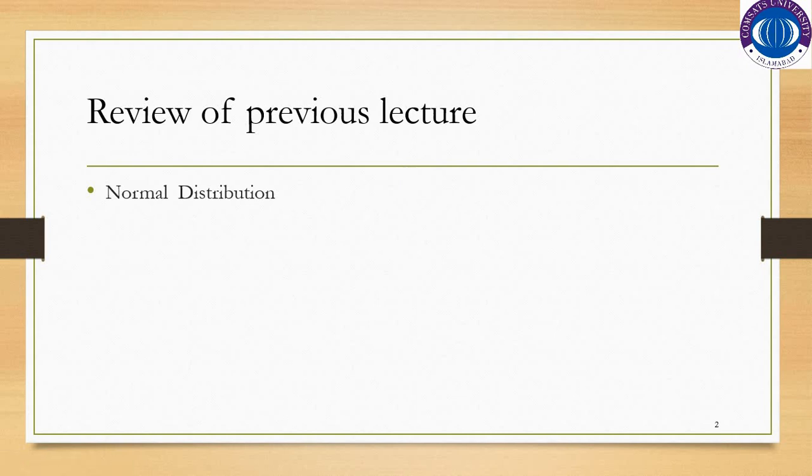In previous lectures, we have studied normal distribution. Normal is a continuous probability distribution. We have studied its properties, its features, and we have seen the curve of the normal distribution, which was bell shaped, and we have seen the probability density function of the normal distribution and how to convert the random variable into standard normal variable, which has the mean of 0 and standard deviation of 1, and then how to use